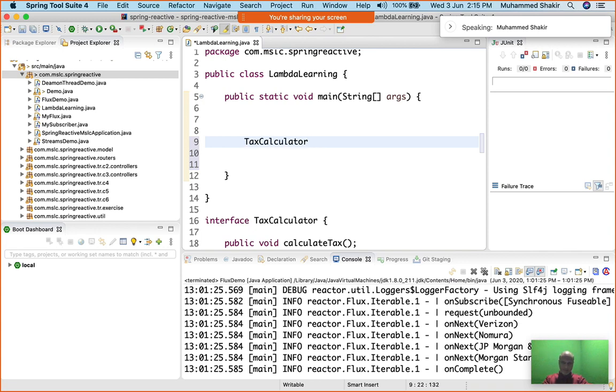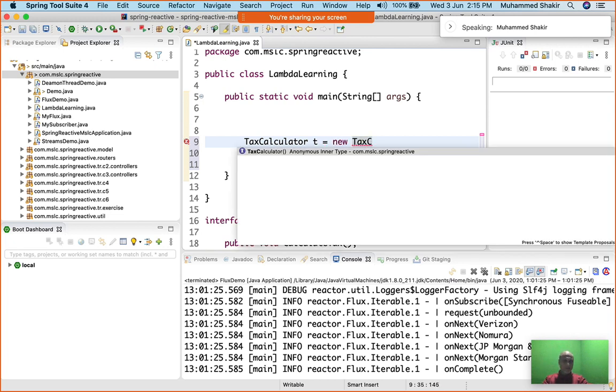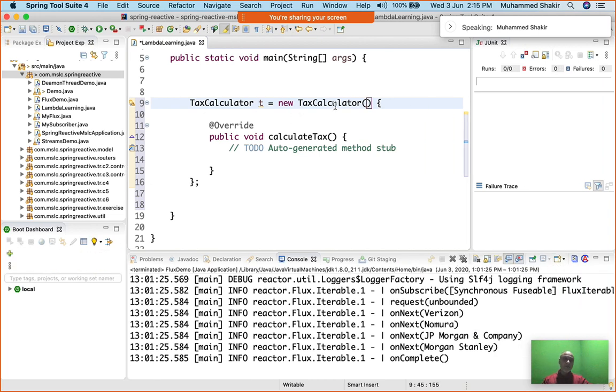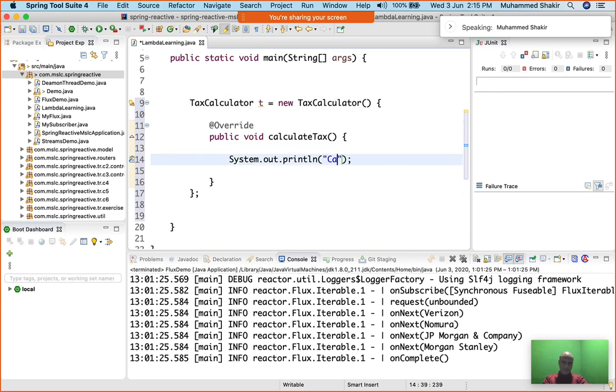I'll say TaxCalculator t is equal to, and see, I'm creating an anonymous class over here. I'll say new TaxCalculator. This TaxCalculator is actually an interface. But when I say new TaxCalculator, I end up creating an anonymous class implementing this interface TaxCalculator, and here goes the implementation of calculating the tax, right? I'll write System.out.println("calculating tax"). Okay, this is what I have. As simple as this. Now the point here is from Java 1.8 onwards, the implementation of a functional interface,